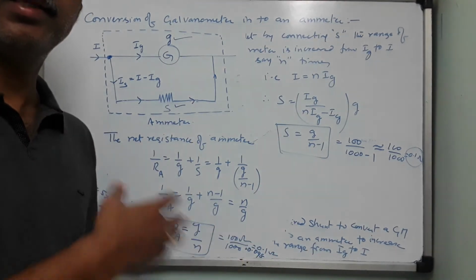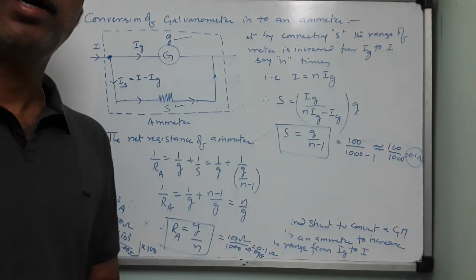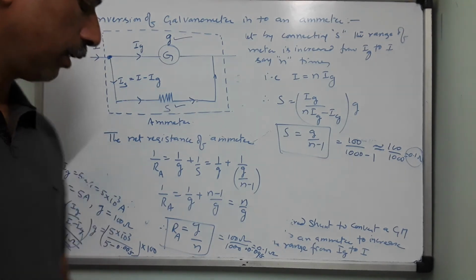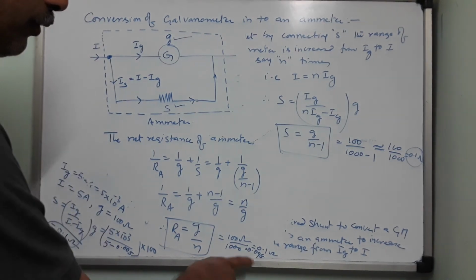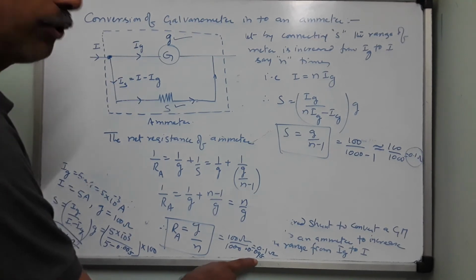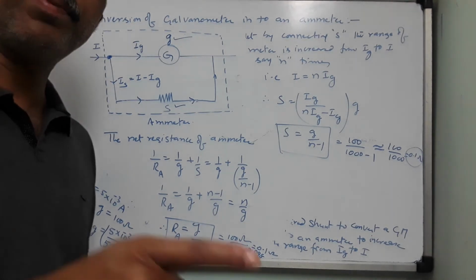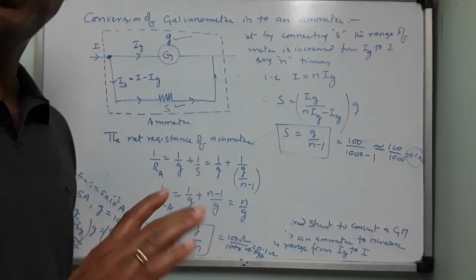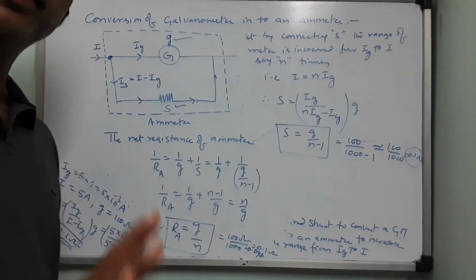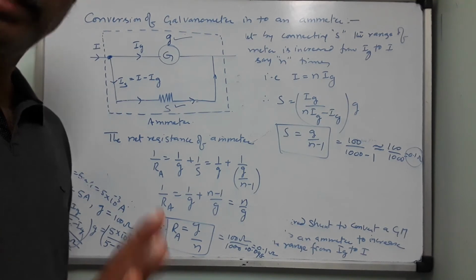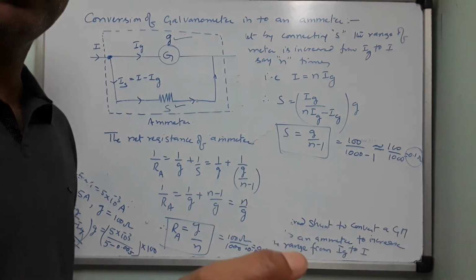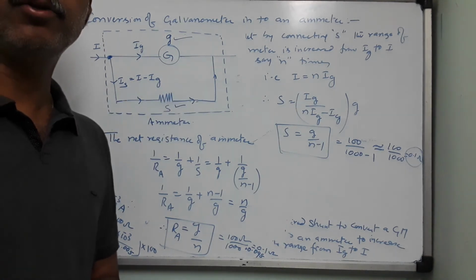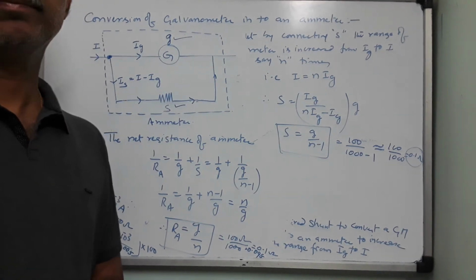Therefore, the net current that is supposed to flow in the network will not be altered. It will not change. Such a small ammeter, whose value is 0.098, when connected in series, will not change the resistance value of the network much. Almost it will remain the same. Therefore, the current that is entering the network also will not be changing. So this is the reason why an ammeter should be connected in series.